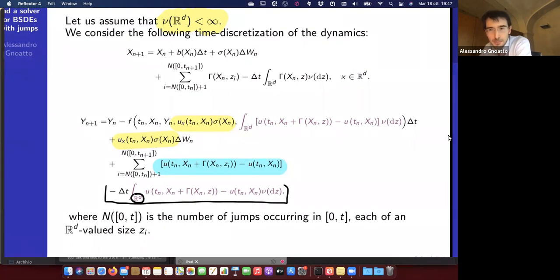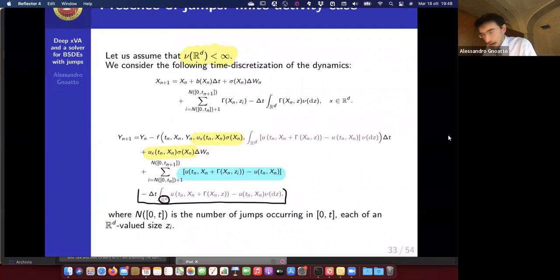So now I am in front of a bottleneck from the numerical point of view. Because if the dimension d is very high, then I have a very high dimensional integral. If you are in dimension 1, you can use the standard quadrature formulas, but if the dimension is very high, there is no hope that you can do it. So, how can we tackle this situation?